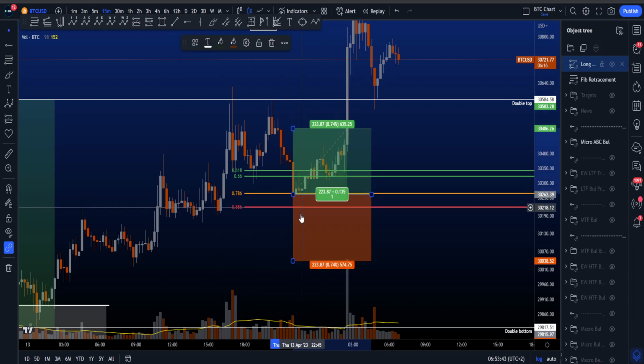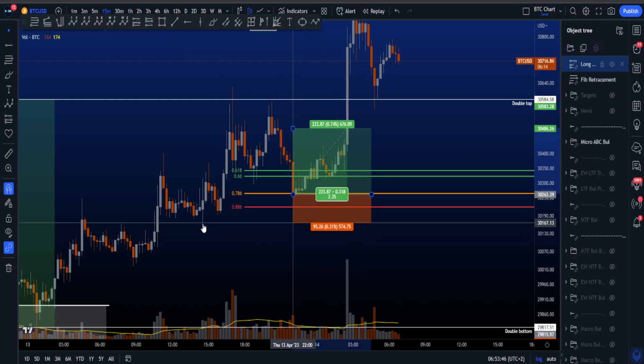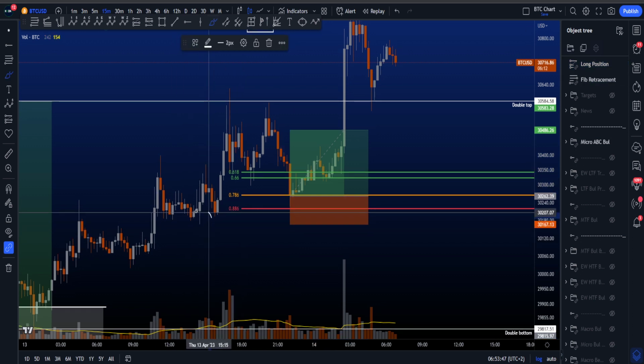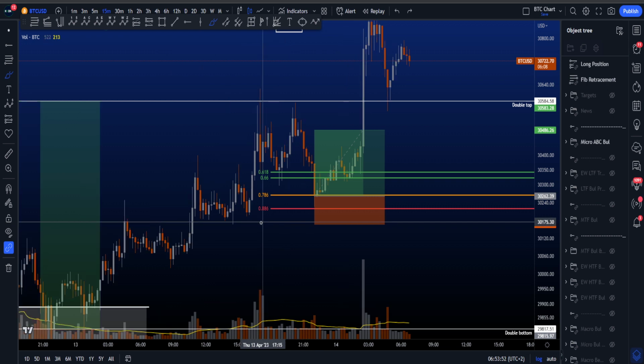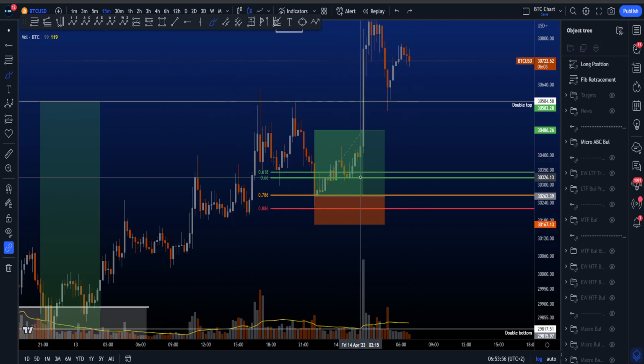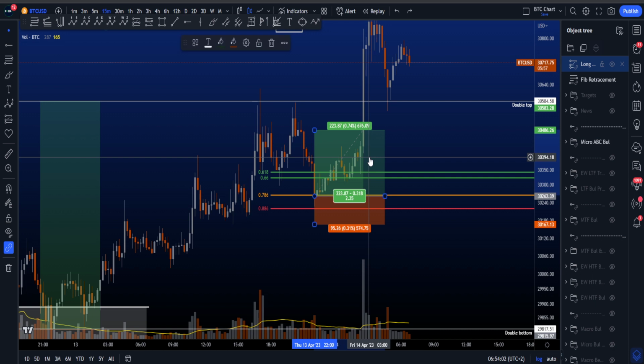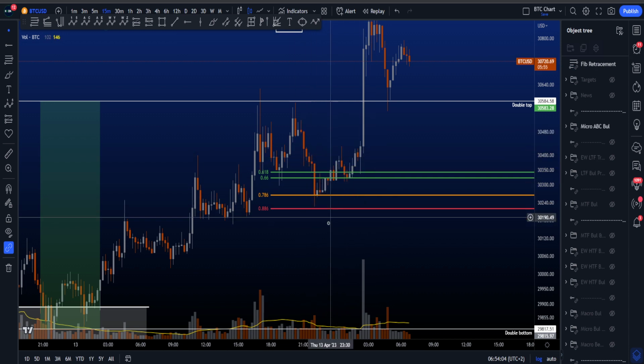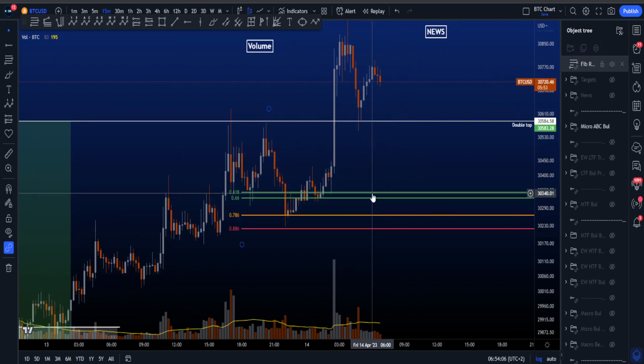First bouncing on the golden pocket, moving up, moving down towards the 786 for then the move to the upside. So this could have been then a potential scenario where the lows over here would have been the invalidation for the bullish divergence setup, because in a bullish environment, seeing bullish divergences is bullish, you know, for potential setups as well, for then a trade to the upside, of course. But I wasn't at this moment in front of my PC as well,